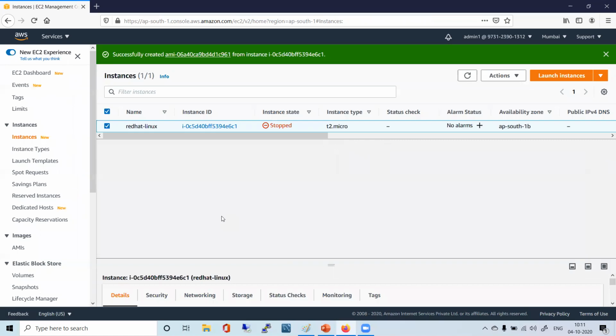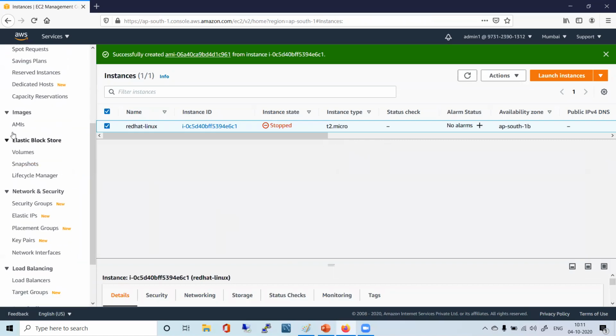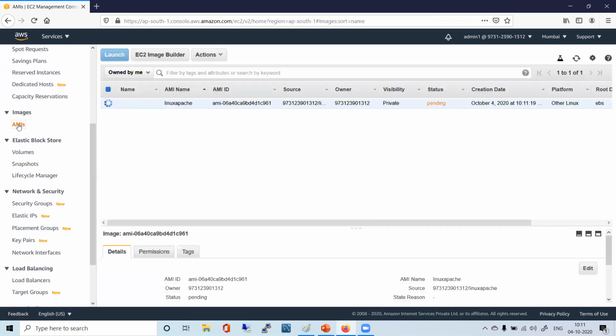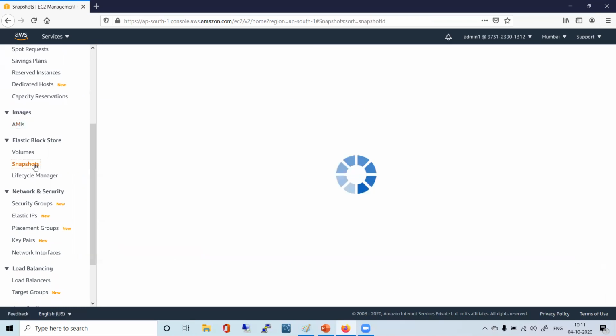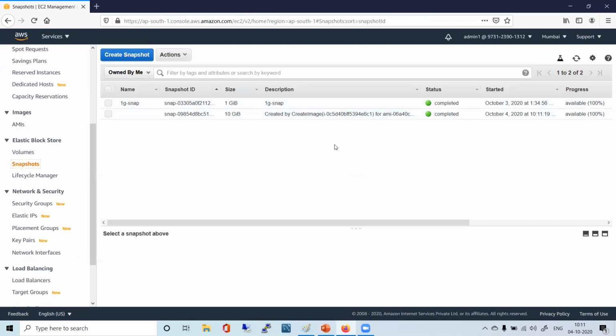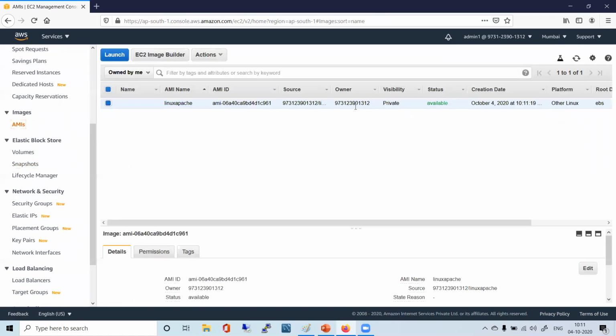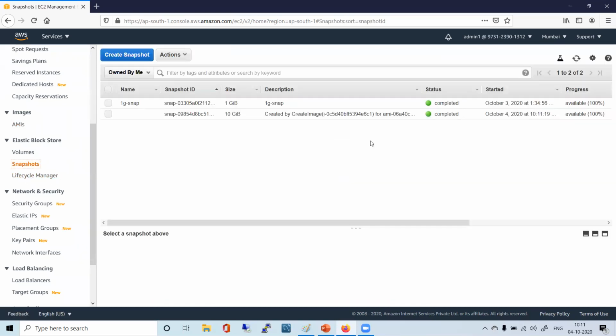And what it is doing, you go to AMI, right? You see something going on. Go to snapshot, you see something else going on there. First step is done. The second step, this is also done. So that was quick. Snapshot. You just see here what it says, created by create image. Who created that snapshot?